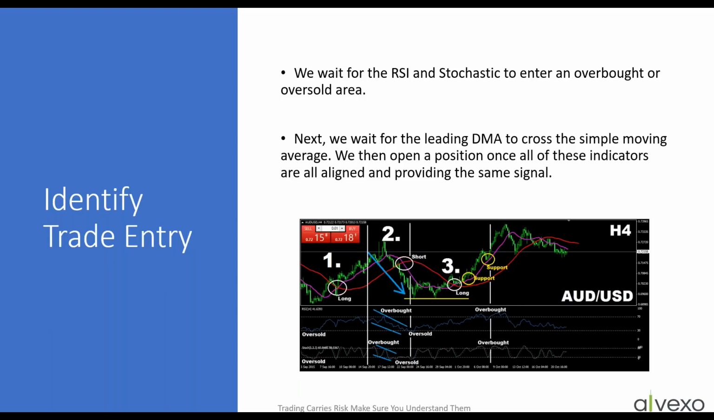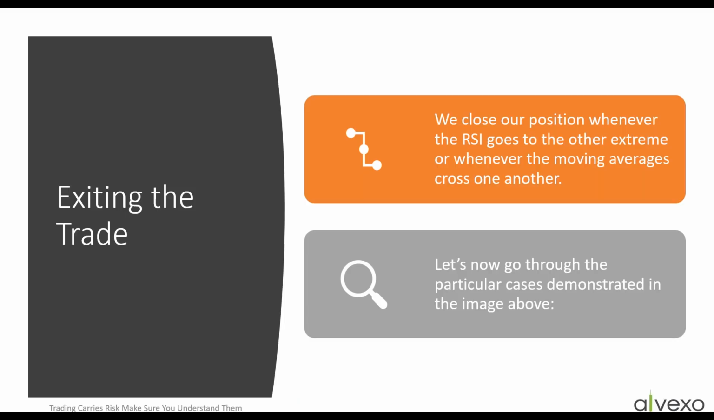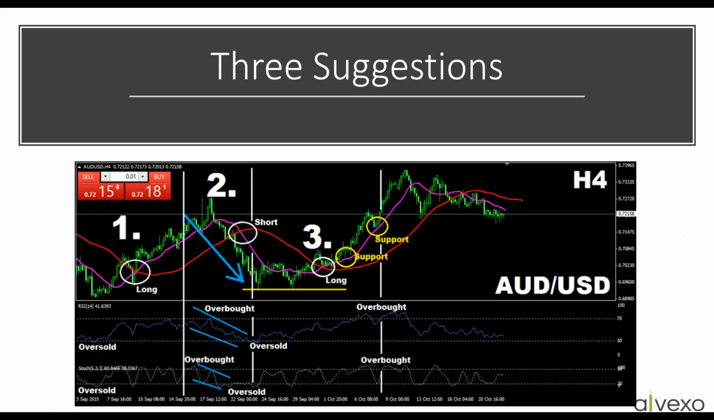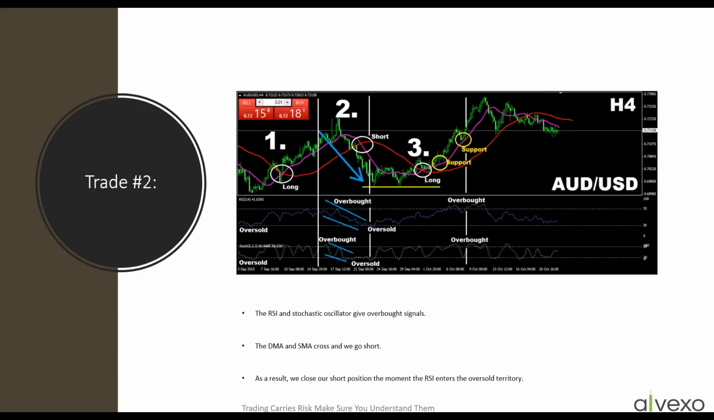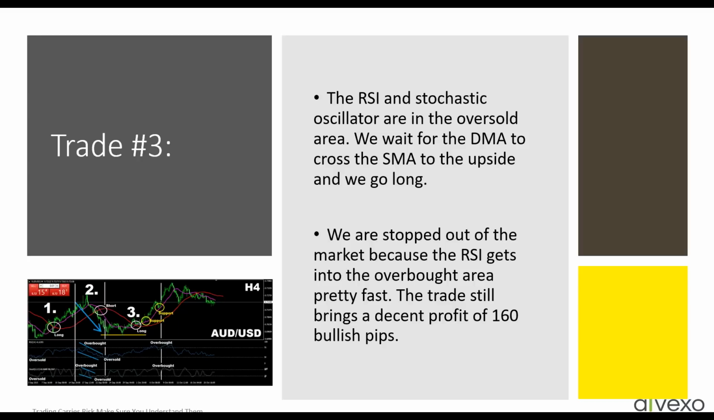We then open a position once all the indicators are aligned and provide the same signal. We close our position when the RSI goes to the other extreme or whenever the moving averages cross one another. So those were the three different suggestions we had for you. And that's all I can tell you tonight about